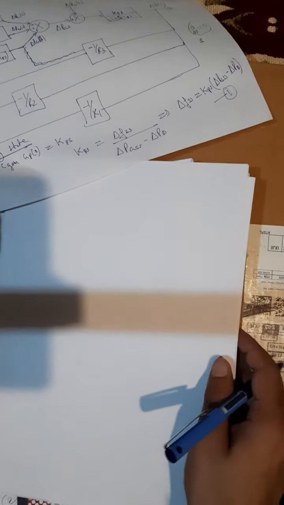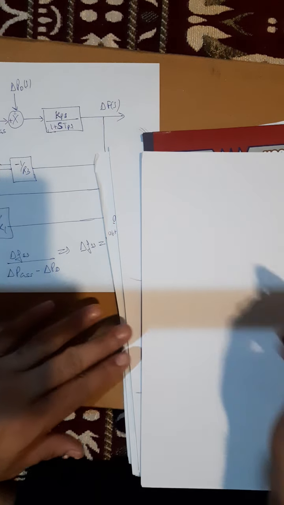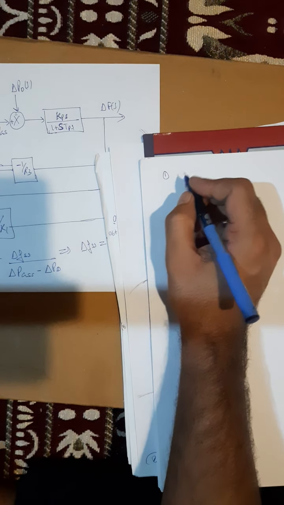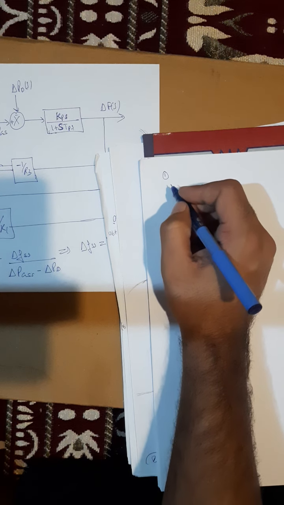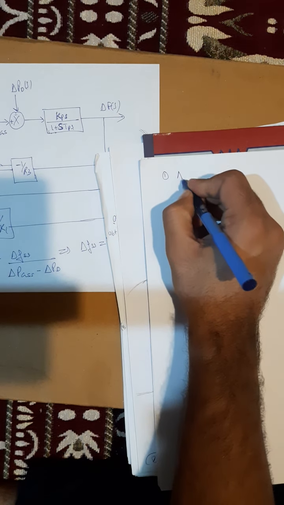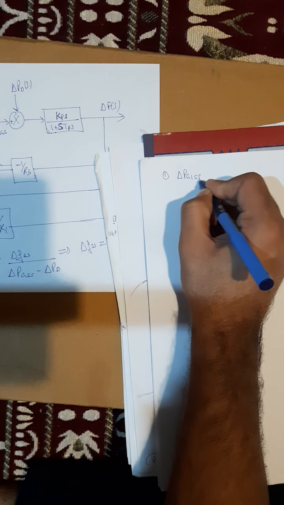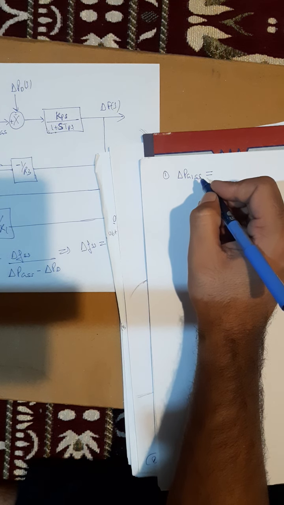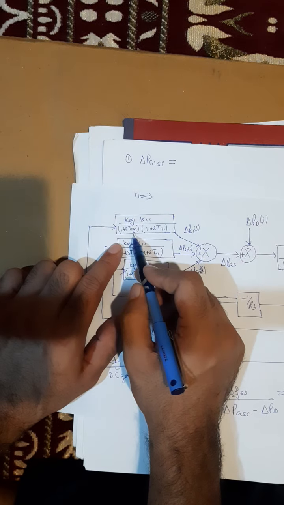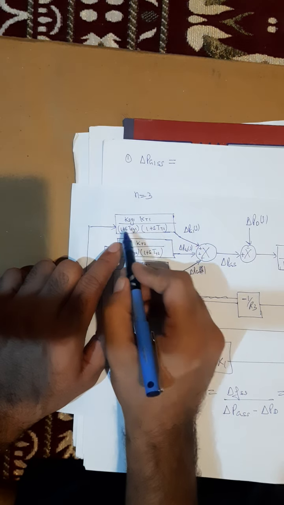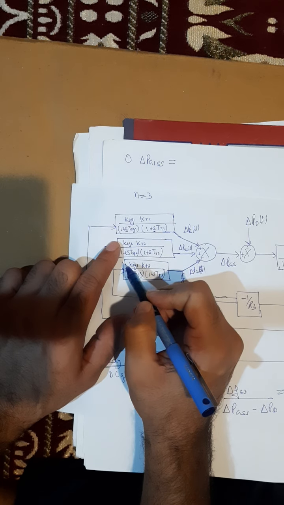Okay, so in the second step, what will you do? How many generators am I assuming here? I am assuming 3 generators. So at steady state, I am saying that the s term will be equal to 0. So what will be delta Pg1 in steady state? I am talking about generator 1. So in steady state, the s term is equal to 0, so this s is 0 and this s is equal to 0.